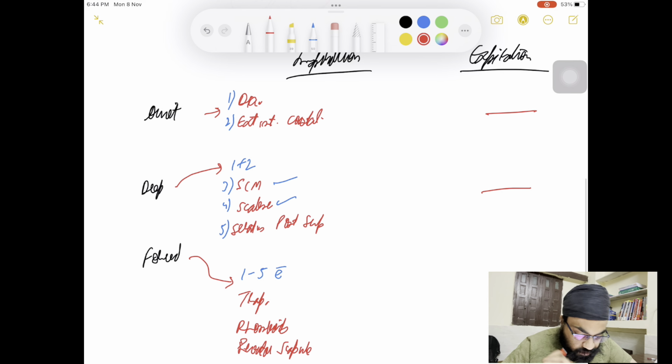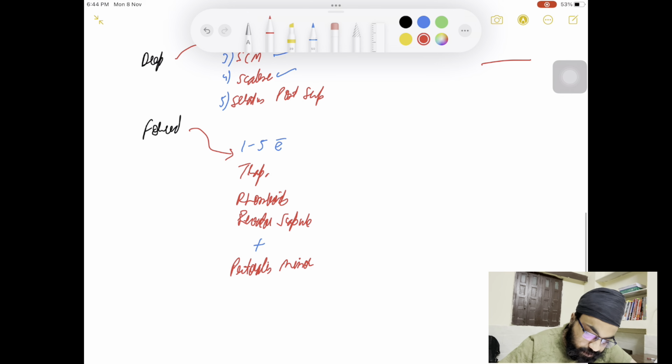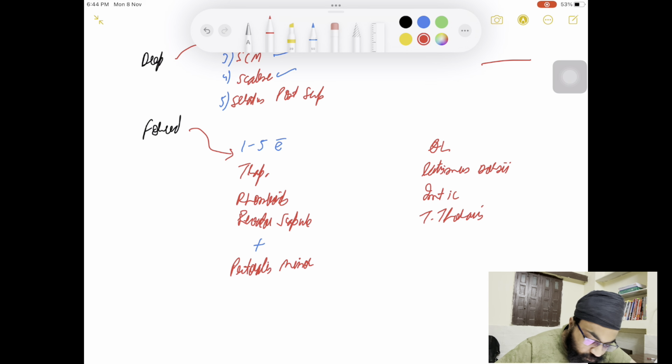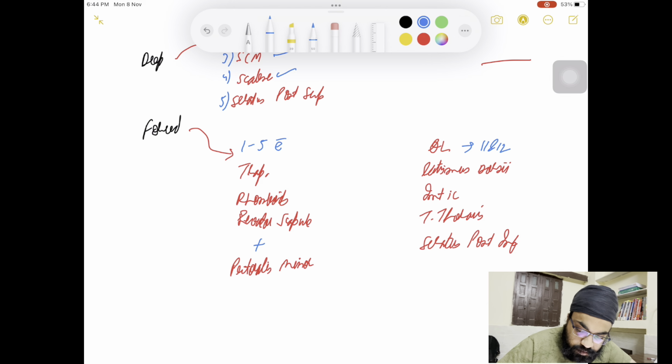Now coming on to the expiration, for forced expiration we have some muscles: quadratus lumborum, latissimus dorsi, then we have internal intercostals, transverse thoracis, and serratus posterior inferior. So quadratus lumborum basically holds the 11th and 12th rib. Latissimus dorsi pushes the posterior wall so that air can exit, and these 3 lower the ribs.